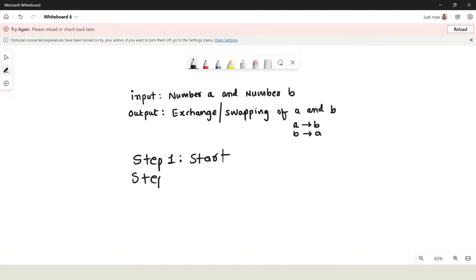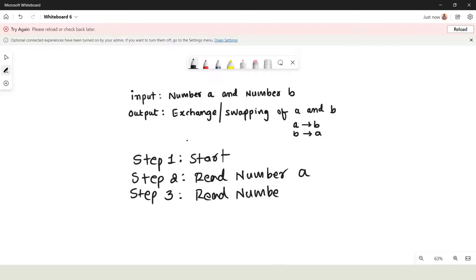Step 2, read number A. Step 3, read number B. Step 4,